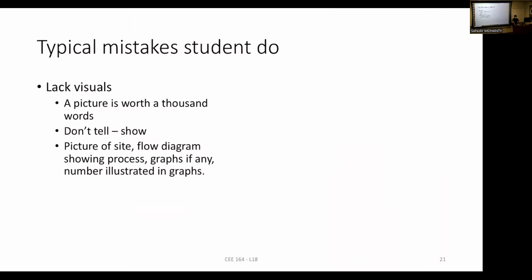Another mistake people make is to just write. They don't have any tables, any figures, any kind of illustrations. When you explain a green roof, show a picture of a green roof. Otherwise you just say that a green roof is basically constructed by putting blah, blah, blah, all that stuff. Show pictures, search Google, put the picture in, and give a citation so that you know the source if you're not making it. But add visuals, every page should have some visuals. You can make an effort to make visuals.